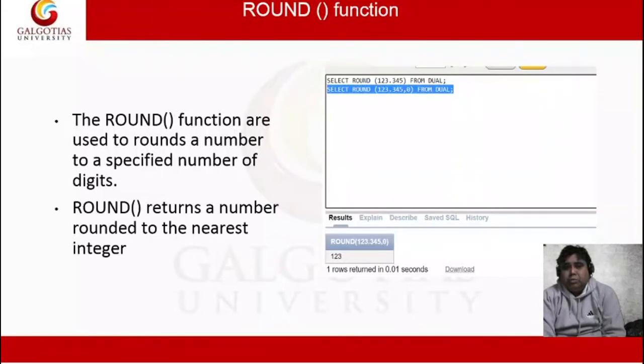As we know, this function is used to round a number to the next value if it is greater than or equal to 0.5. So here we see that it is 123.345, so the nearest value is 123.